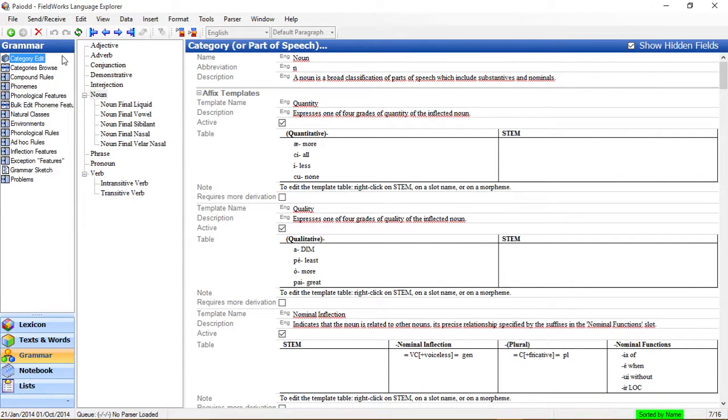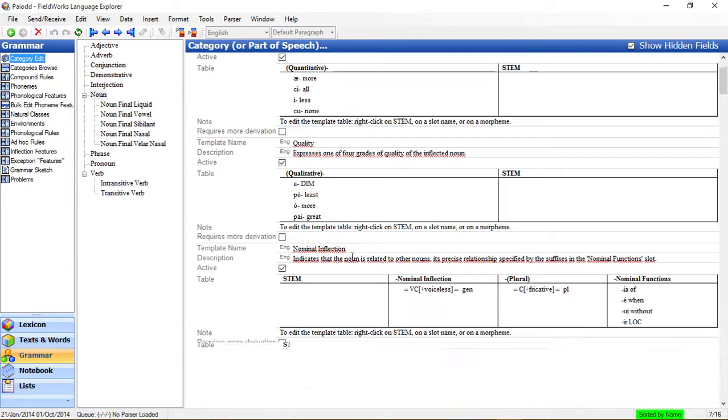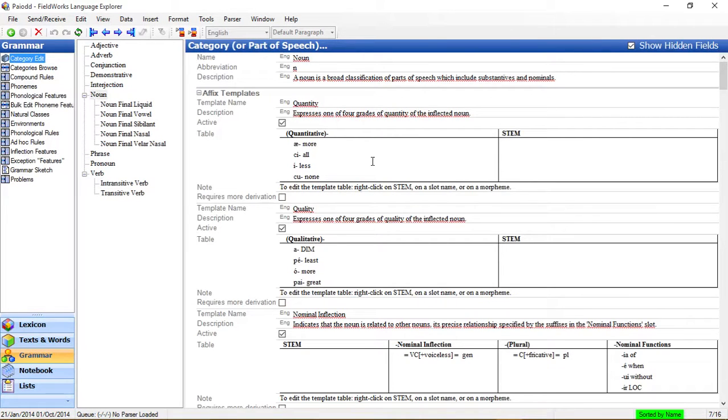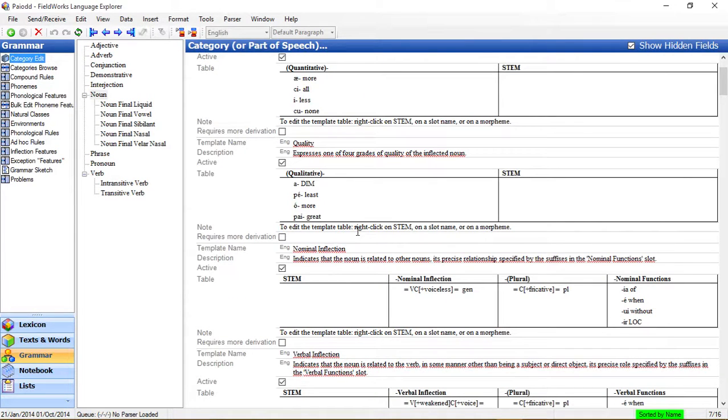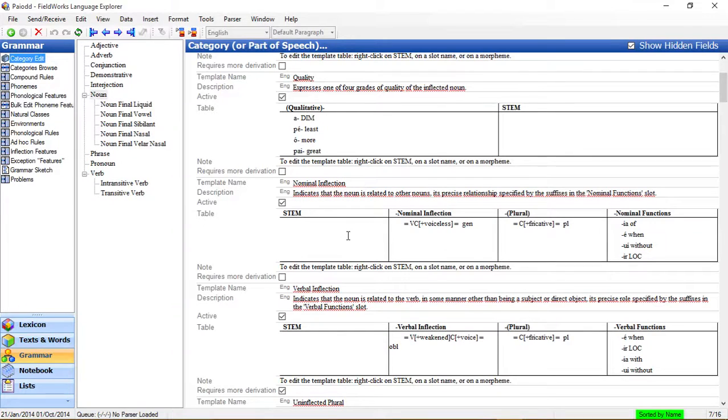So if you click on this category edit page, you see these would be nouns, and then you can have affix templates. So I have these quantitative affixes, prefixes specifically, in Pyode, and qualitative ones as well. And you can actually enter in that grammatical information and link it to your lexicon as well. I'm pretty sure, I'm not sure if I would have to find a specific example where I've done that, but then I also have suffixes here,